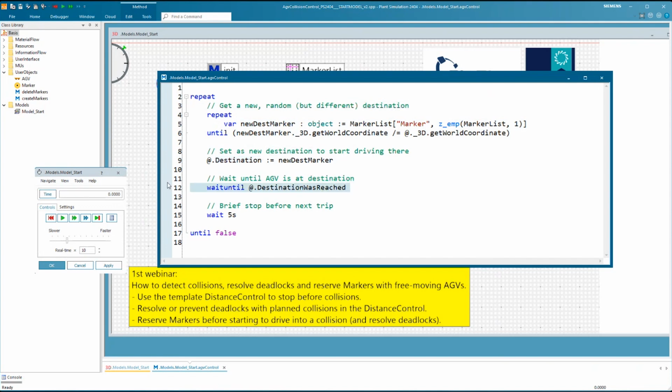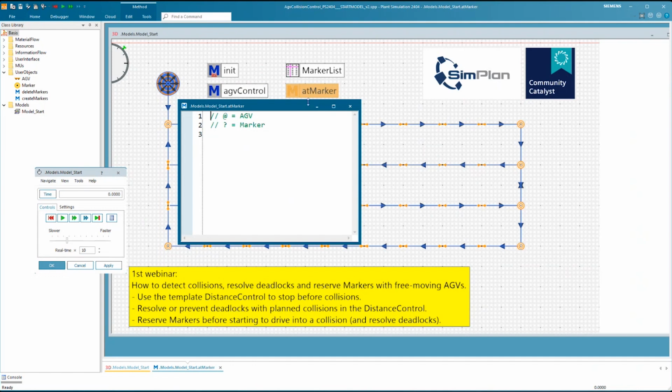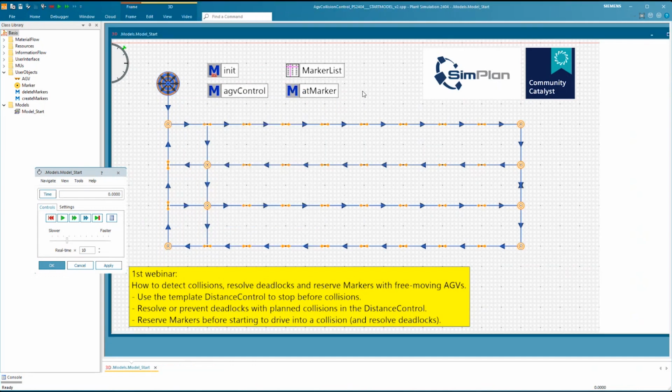I wait until the AGV has arrived, I wait 5 seconds, so I stop there for 5 seconds, and then I repeat the process, choose a new random destination, drive there, wait 5 seconds, repeat, repeat, repeat, and I'm doing this for each AGV. Right, and then I have an arrival control for the marker, but I'm currently not doing anything in here. So this is the setup where we start.